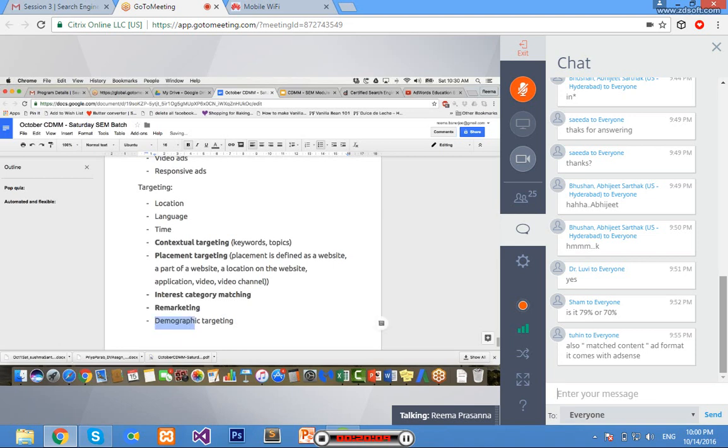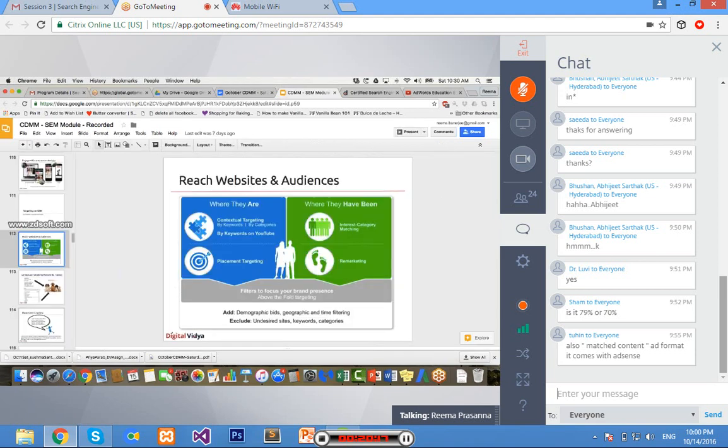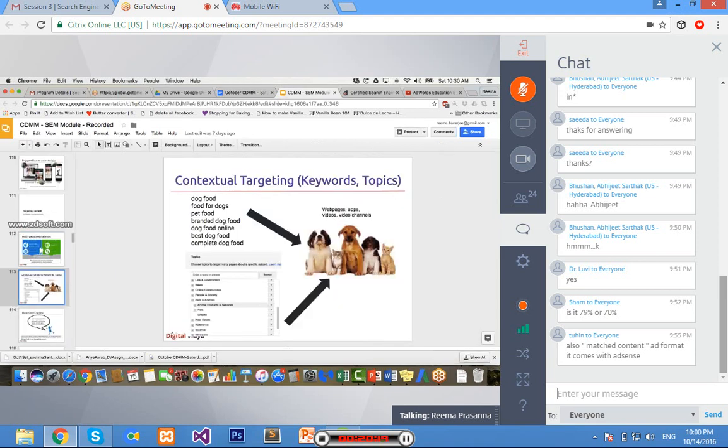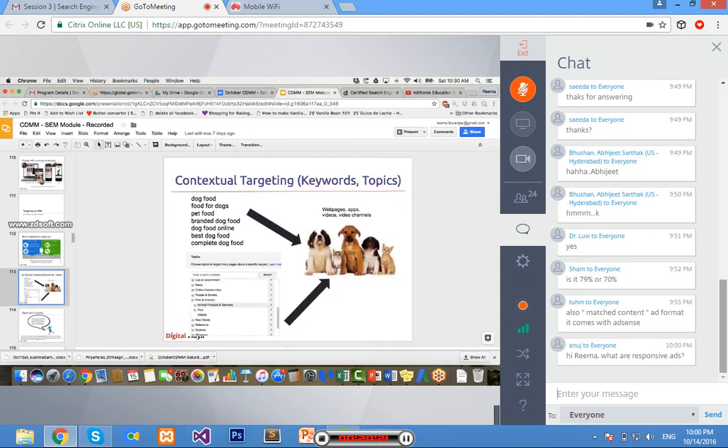All right, so the very first one is contextual targeting. Now, what is contextual targeting? In contextual targeting, there is a context. There is a relationship between the content of the website and the ad that is showing on that website. Let's say you are using keywords like this. These are your keywords: dog food, food for dogs, pet food, branded dog food. These are the kind of keywords you are using in your